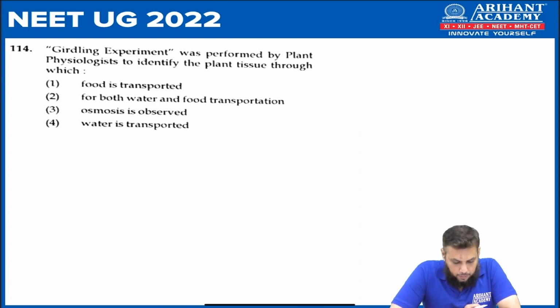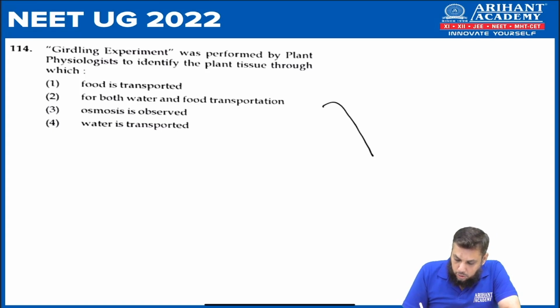Now 114, it's from the chapter Mineral Nutrition, the girdling experiment. Sorry, it will be in transport in plants. Girdling experiment was performed by plant physiologists to identify the plant tissue through which food is being transported. If you look at the last page of that particular chapter, they have mentioned it. So what is done in the girdling experiment is you remove all the tissues